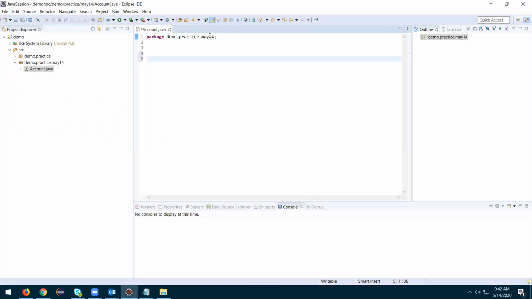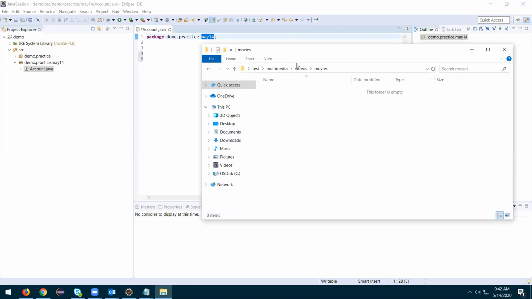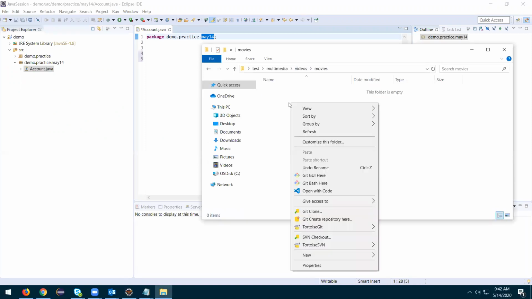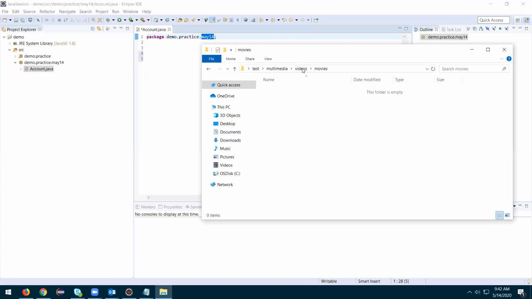This is basically to avoid conflict. Let's suppose in movies we can have a video with the same name, and in personal videos we can also have a video with the same name. If you segregate them into different folders, those will not conflict. But if you try to save two files with the same name in one folder, you will get a conflict.